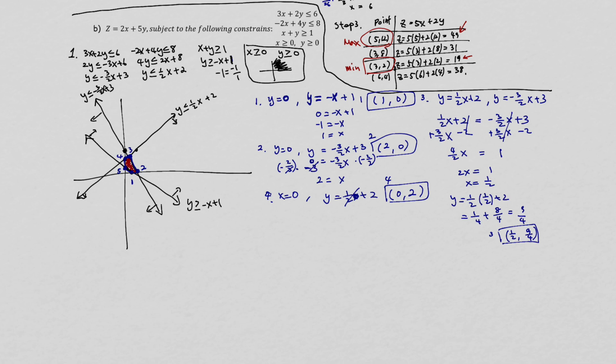And fifth point. The fifth point is going to be this one right here, which is again x equals 0, and y equals negative x plus 1. This will get x 0 and y 1. Right? So now my third step is going to be